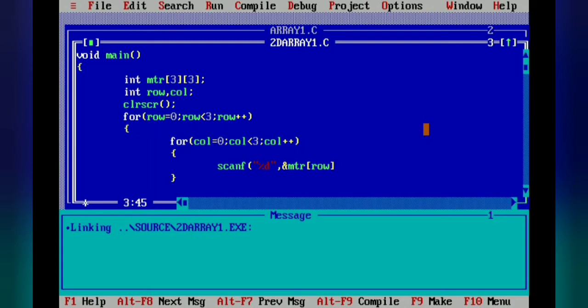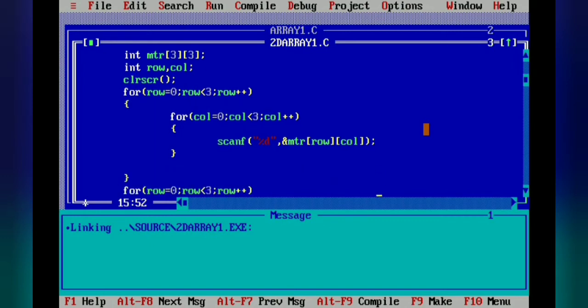So instead of 3 and 3, for this row and column we have used the for loops with the variables row and column. So instead of this size 3 and 3, you have to write down the value, that is row and column, your variable. Then after the bracket is over, put a semicolon. So now our program is ready. This much change only you have to make in your runtime array initialization.